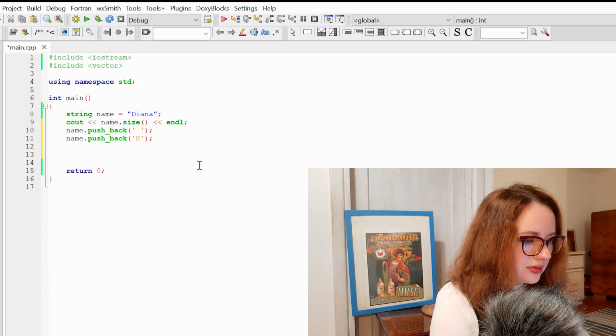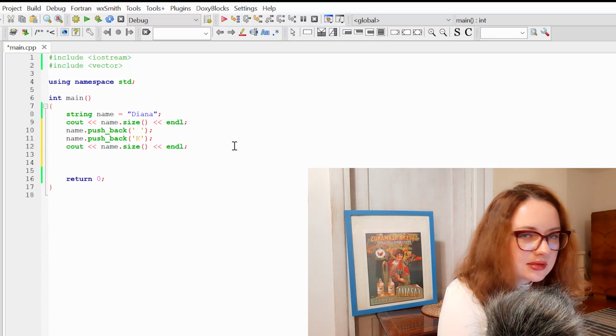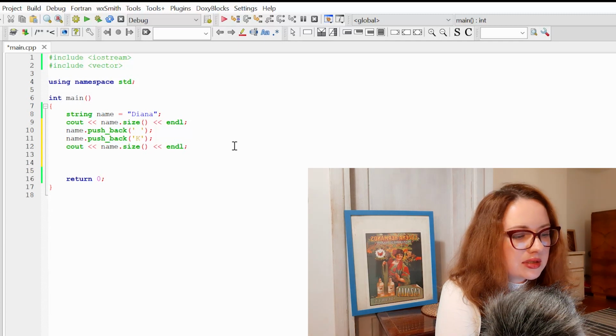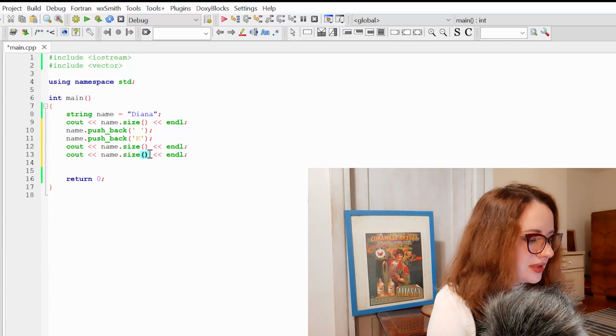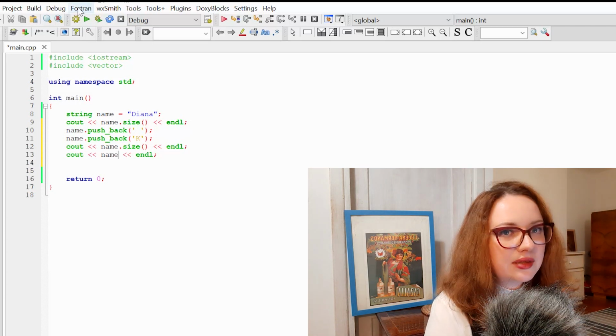Okay, let's now try to once again type size of my name after I pushed back 2 chars. And let's also check that actually we pushed back something. Let's type our name, my name.